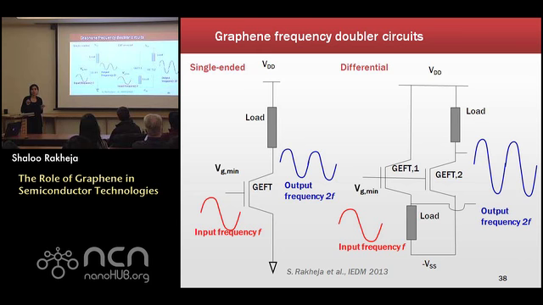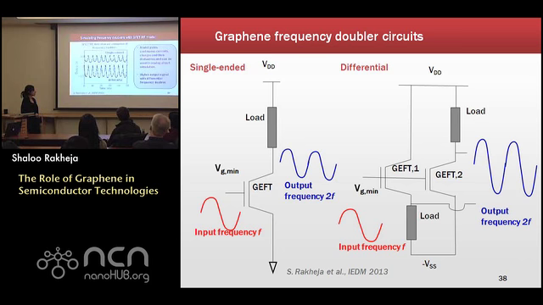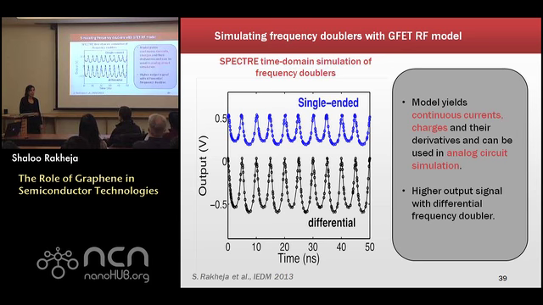As a frequency doubler, what I'm really hoping is to get double the frequency at the output, but I don't want a triple frequency component or other higher order harmonics. So that actually does a better job at that, and not only that, its amplitude of the double frequency is also higher, which I've tried to show through a higher amplitude signal at the output. So we implemented the Verilog-A model, and we ran spectral simulations, both time domain analysis and periodic AC analysis. And we see that differential topology performs better than single-ended topology in terms of the amplitude.